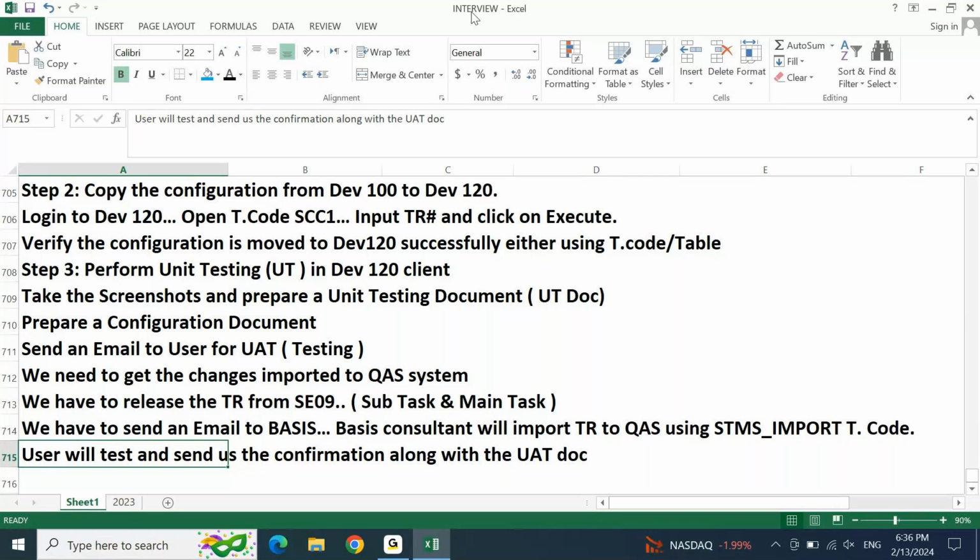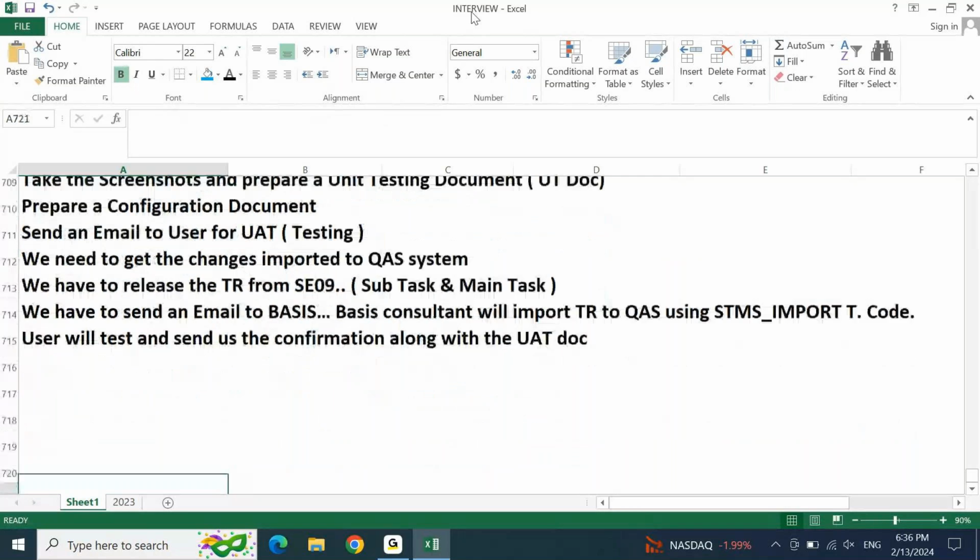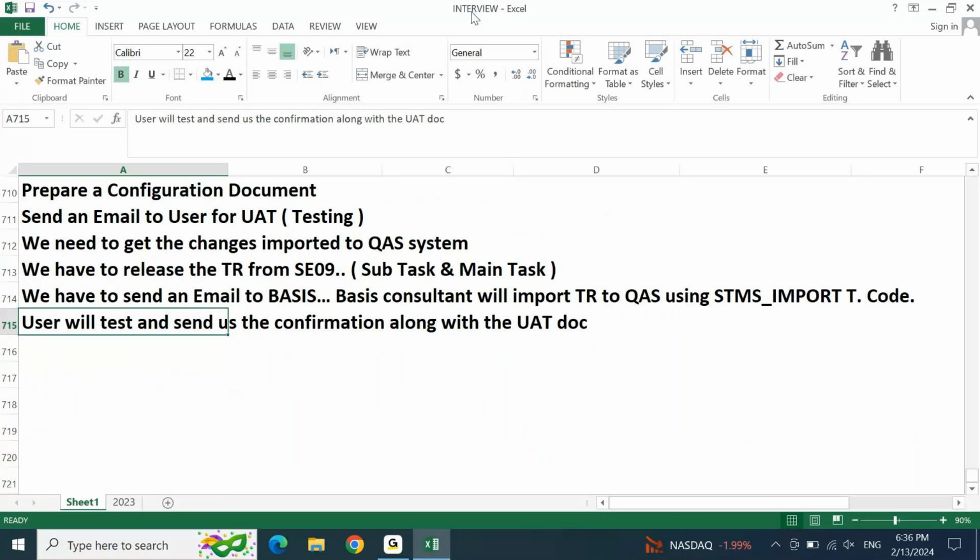What you need to do? Same thing. Go to the table or the transaction code in the quality system and make sure whatever payment item you created is appearing there. If it is appearing, your TR has properly moved. Then you need to send an email to the client scheduling a UAT session. They will perform the UAT and send the document. Once you get it, you need to obtain